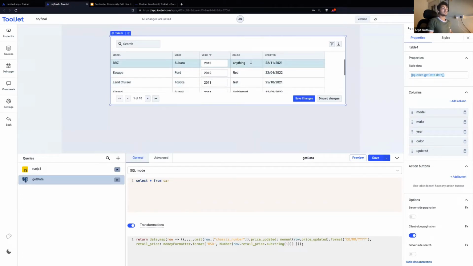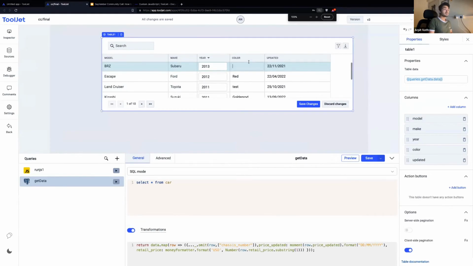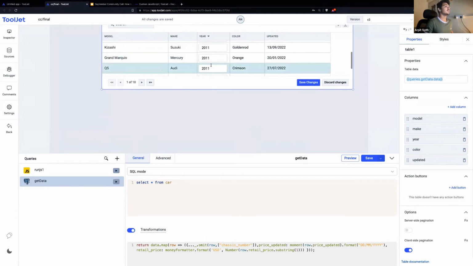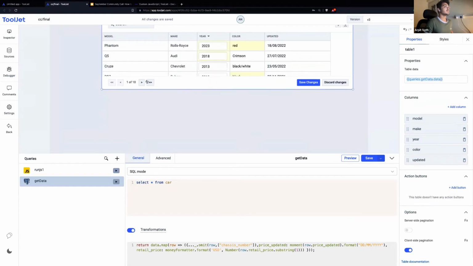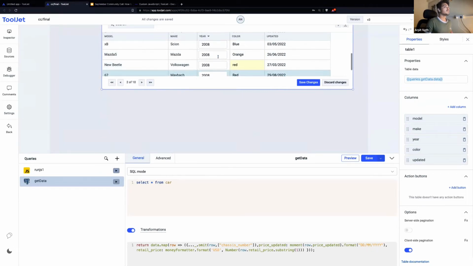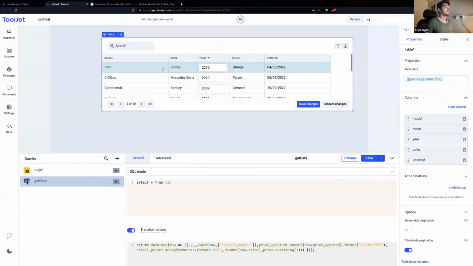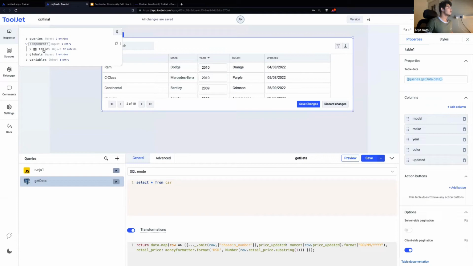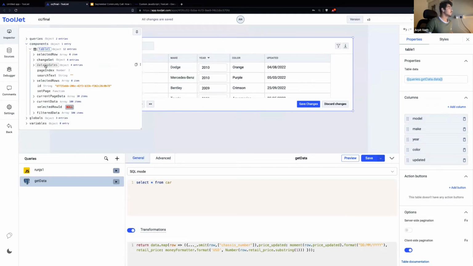And then this to black, and again maybe the Q5 to 2018, and we go to the next page and we update the Beatles color to red. So we have made changes to multiple queries, multiple columns, which we can see in the components table or change